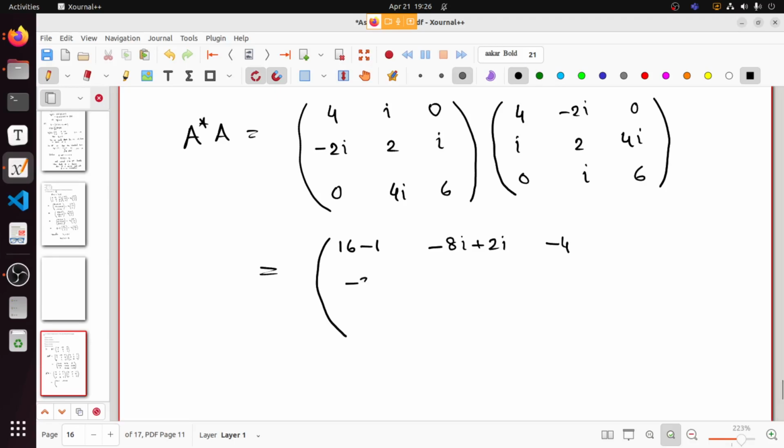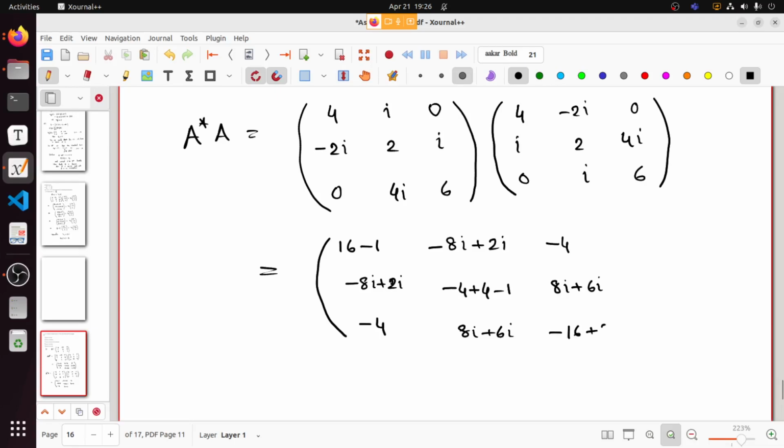And this will be minus 8i plus 2i, minus 4 plus 4 minus 1. This will be 8i plus 6i. The last row will be minus 4, 8i plus 6i, and it will be